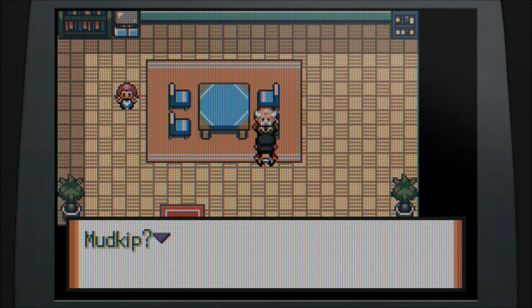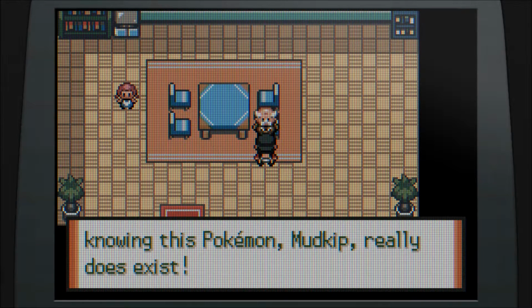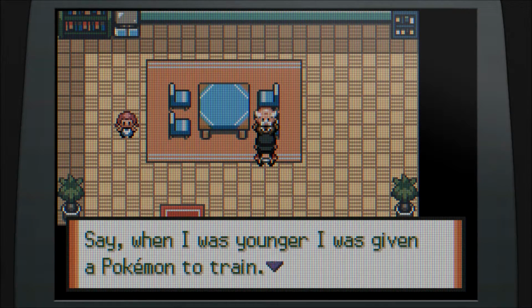What is its name? Mudkip. Thank you so very much. I can finally put my mind at rest knowing this Pokemon Mudkip really does exist. And, after that,